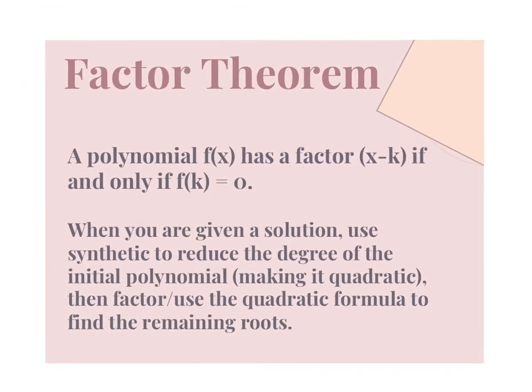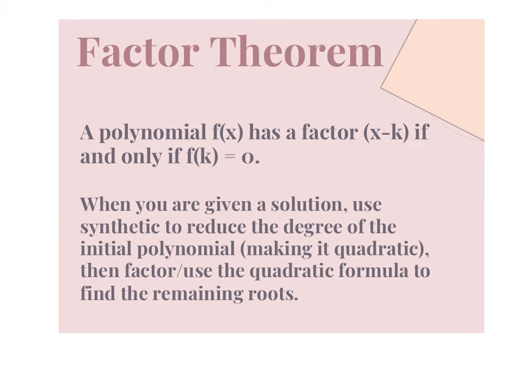What this theorem states is that if a polynomial f of x has a factor, that when you do synthetic division with it gives you a remainder of 0, then that means it's a factor. If I get a remainder that's anything except 0, then it's not a factor. We're going to be doing synthetic division to find all of the solutions, or all of the zeros, or all of the roots. These all mean the same thing. We do this by using synthetic division and breaking it down degree by degree until we can get it to quadratic. Now, if you look back,